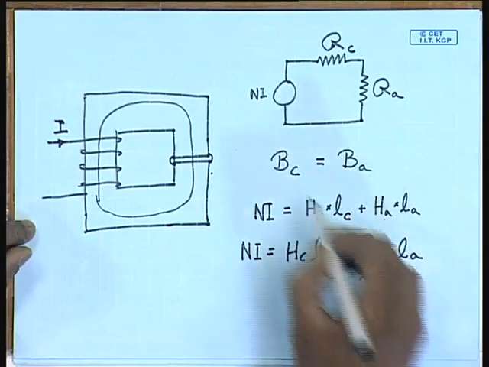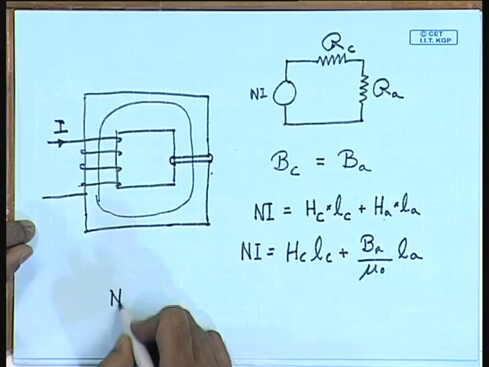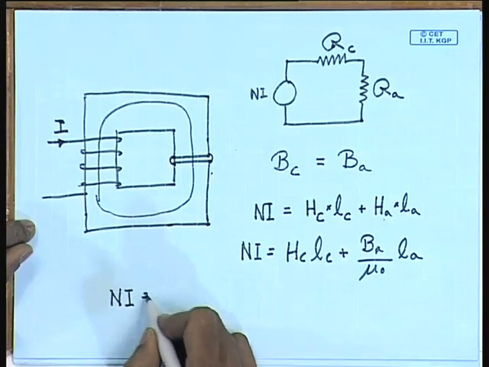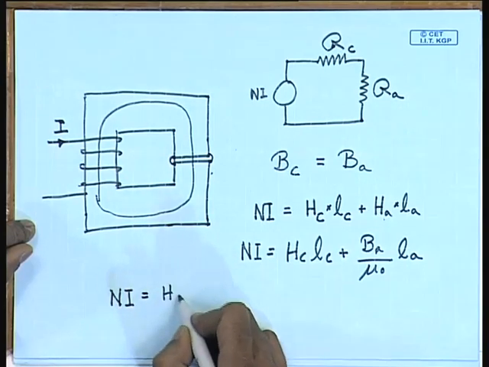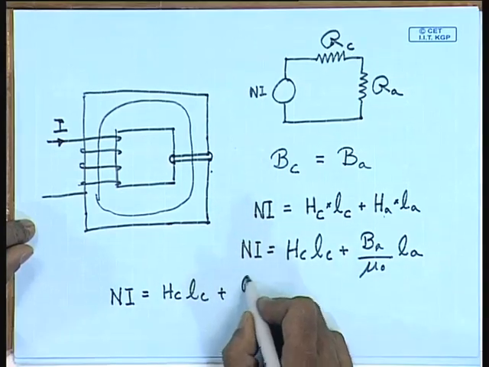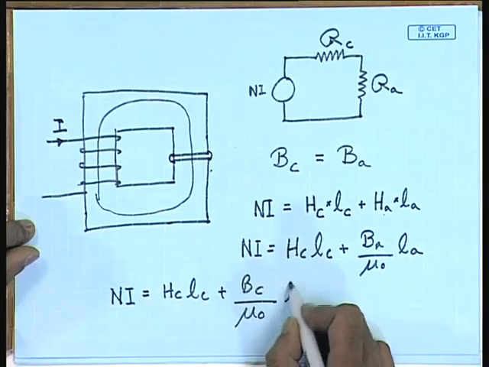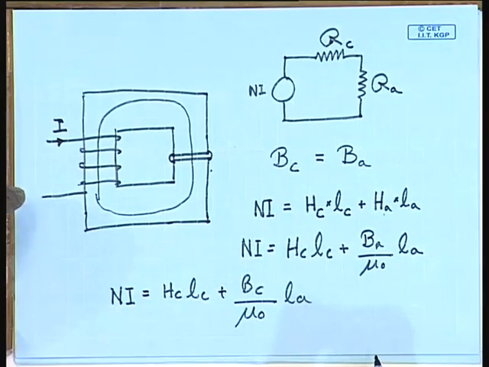But Ba is equal to Bc. Therefore, we can write Ni equal to Hc Lc plus Bc by mu naught La,